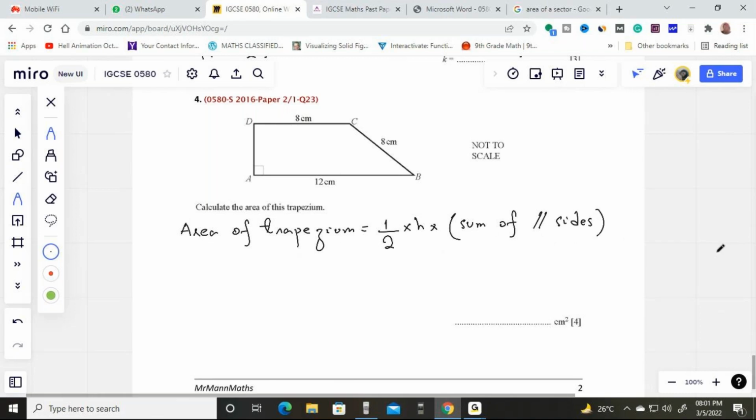This is the formula. Now here you see parallel sides are 8 and 12, but we do not know the length of this perpendicular. We need to know this. This is the height. Height is always a perpendicular length. How to find it out? See, we're going to do a modification here. Now this is your h. This length is 12 minus 8, that is 4 centimeters. So if you consider this triangle, you can take the help of your Pythagoras theorem